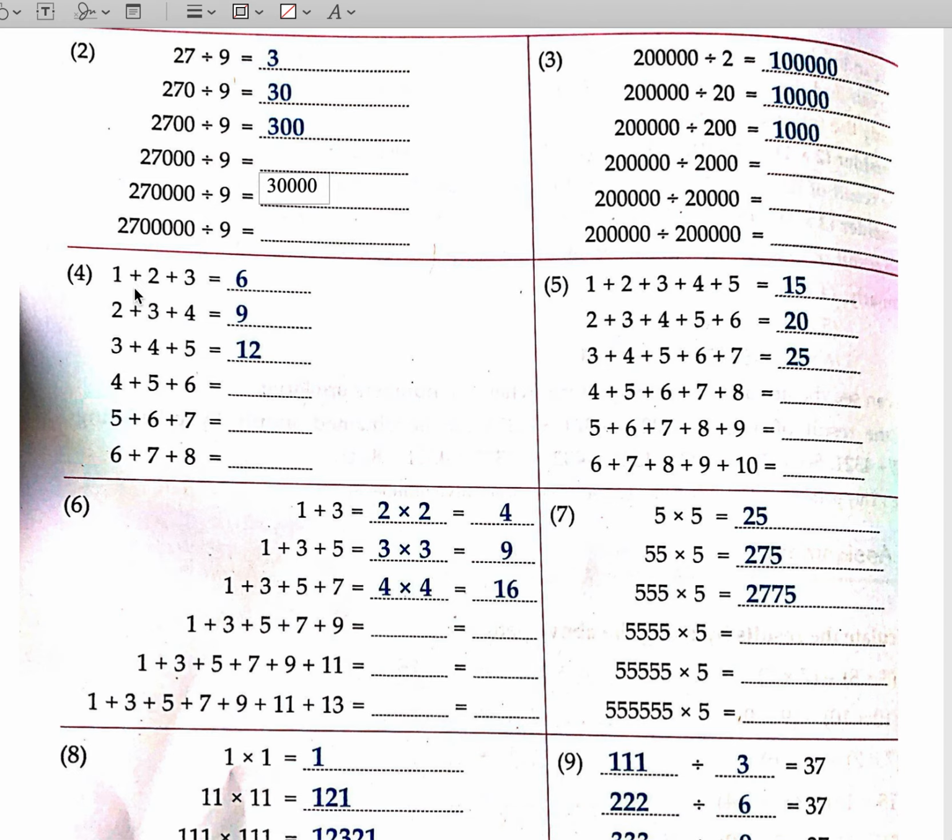So here is 1 plus 2 plus 3 which is equal to 6, then 2 plus 3 plus 4 which is equal to 9, 3 plus 4 plus 5 which is equal to 12. So here there's a pattern as these are the multiples of 3. So the next will be 15, then it will be 18,